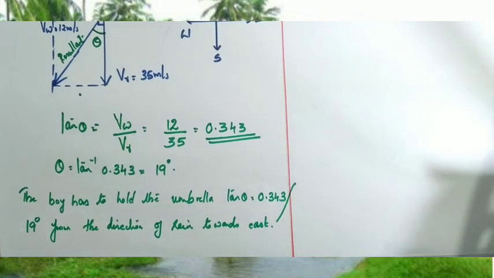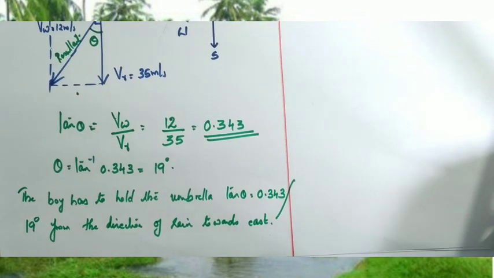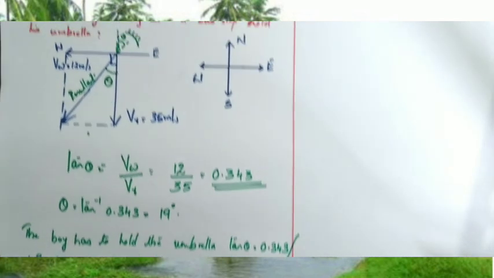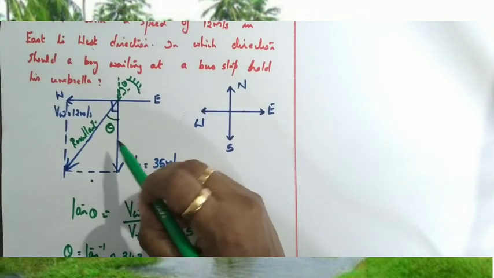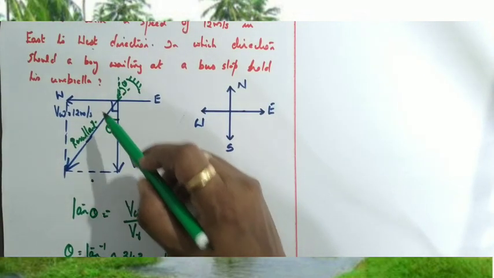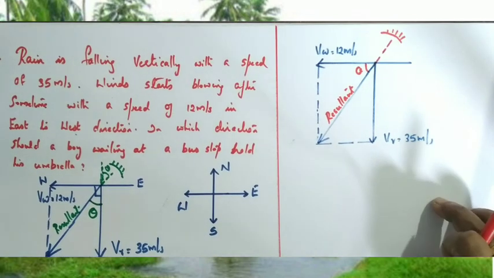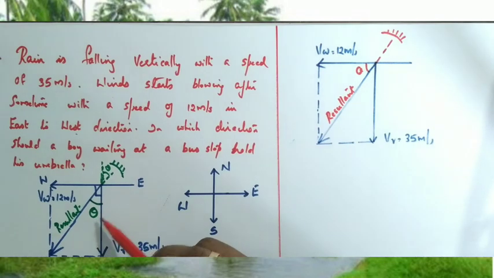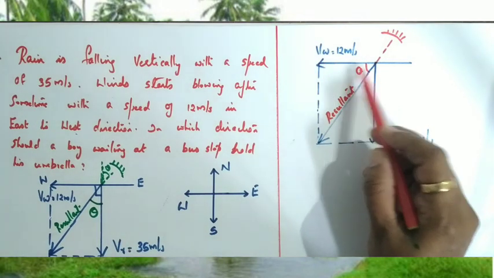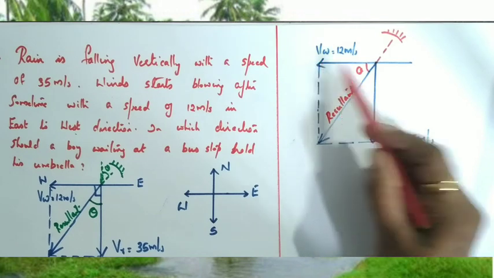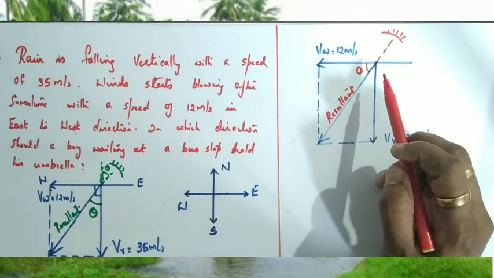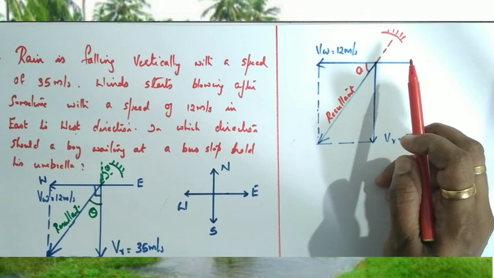Okay. Now this can also be done in another way. The same question can be done in another way. Here I have taken this angle as theta. If you take this value as theta, what will be the change? In the first case I have taken this angle as theta. Now I have taken theta to be the angle between the direction of wind and the resultant. Let this angle be theta. So it is not compulsory to take this angle as theta.